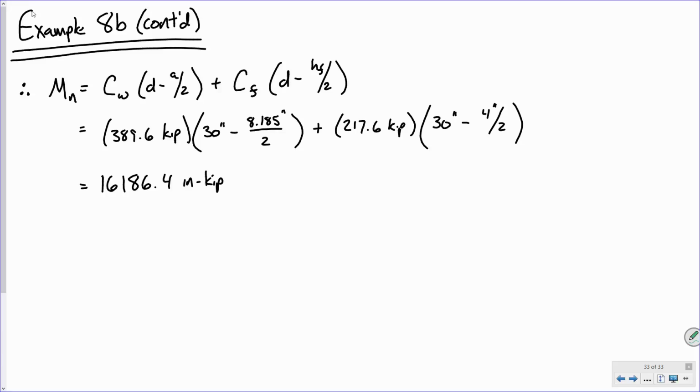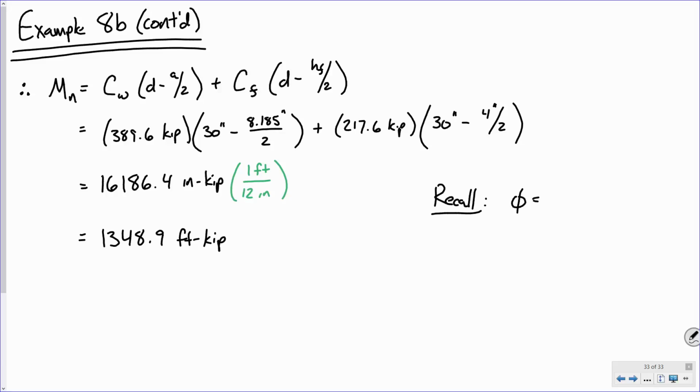If I take that and multiply it by 1 over 12, I get 1348.9, and then recall, what's phi for this problem going to be since we've already determined it? See why I went ahead and did that earlier? Phi Mn is